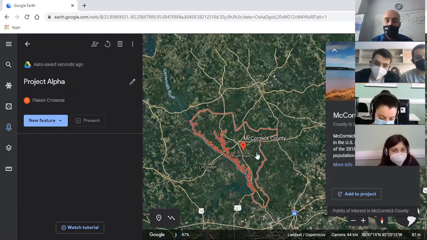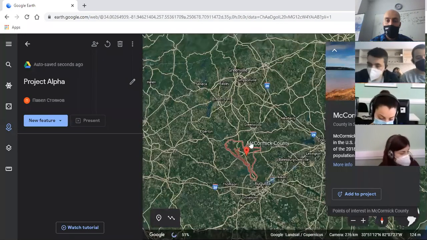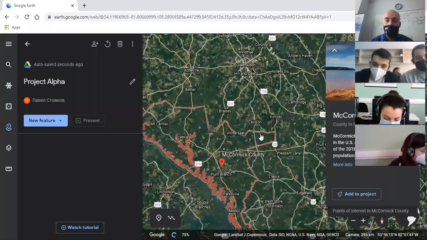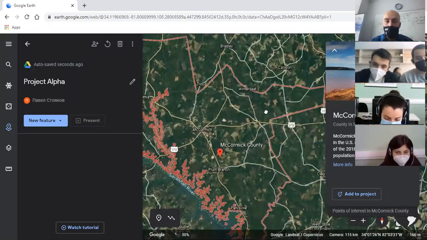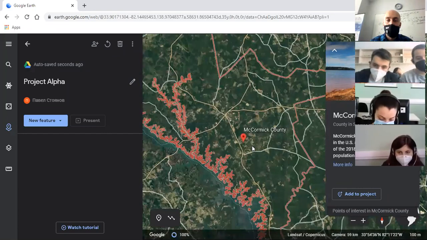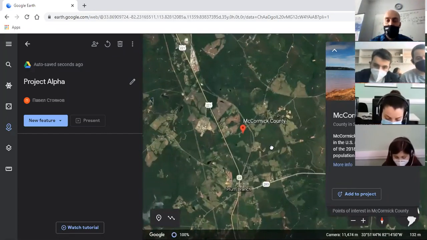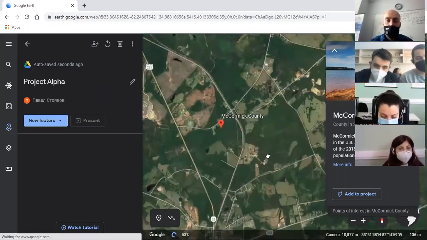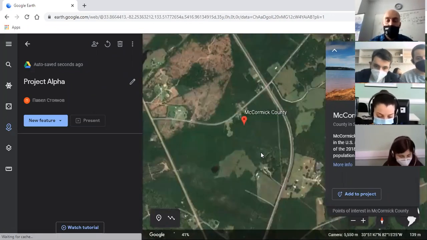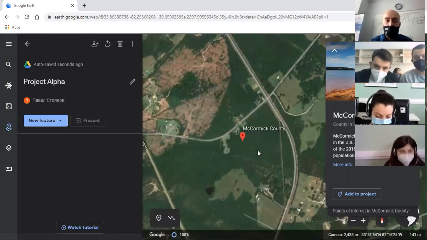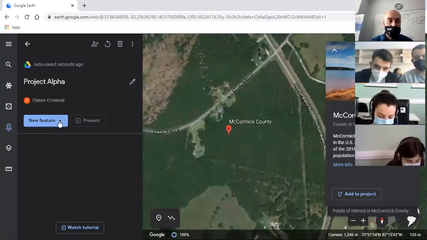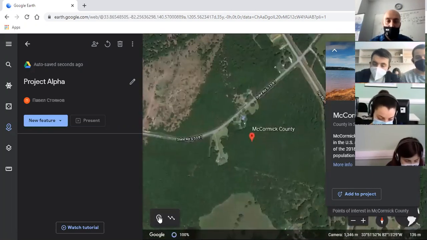What's the purpose of our project? What do we want to show to others? Maybe a journey or a vacation, or a school journey that we want to show to other people, colleagues, students, and so on. So we see here that we have a place mark, a random place mark, and we